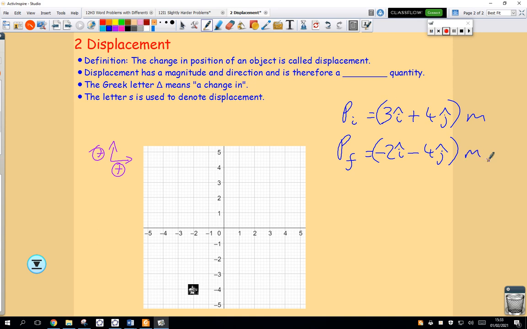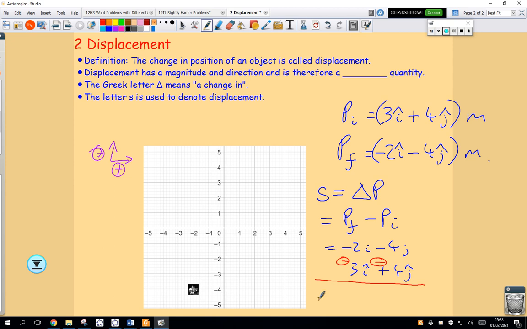So I want to find Freddie Hubbard's displacement, and we define displacement as the change in position. I'm using P for position here because we've got X and Y coordinates. And the change in any variable is its final value minus its initial value. That's how we establish the change in a variable. So the final value, his final position, is -2 i hat subtract 4 j hat. His initial value was 3 i hat plus 4 j hat, but I'm subtracting that value. So I'll be subtracting the 3 i hat and subtracting the 4 j hat,